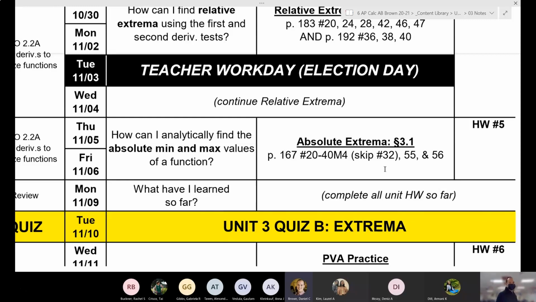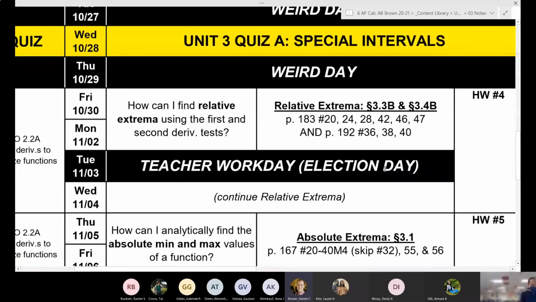But y'all can go ahead and get started on the homework. Definitely ask me questions as you have them. Again, you should be working on that homework for relative extrema. You can also continue